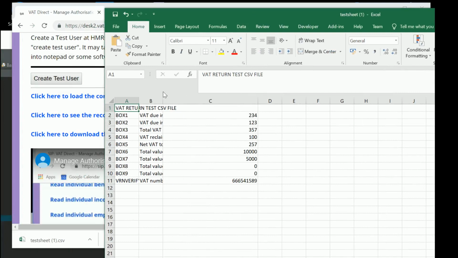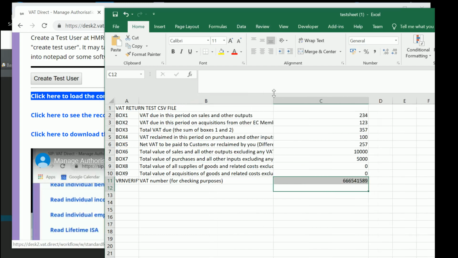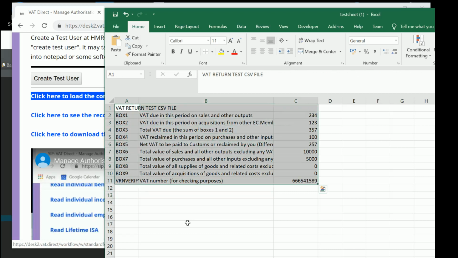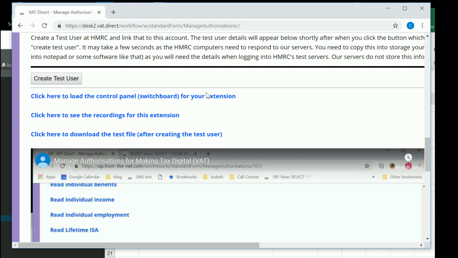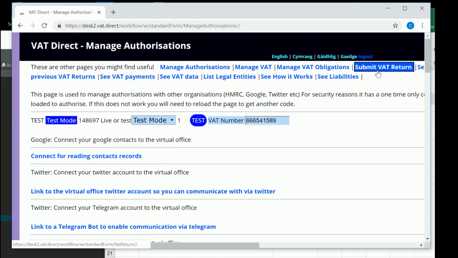And that's a test file with test data, but importantly it's got the right VAT number in it, because the system has this VAT number verify system, which means that it tracks whether or not you've got the right VAT number. And that in essence then gives us the ability, if we wish to go on to the VAT submissions page here,